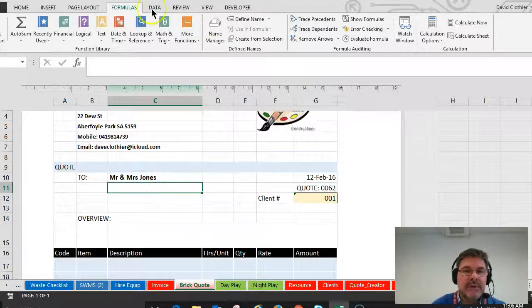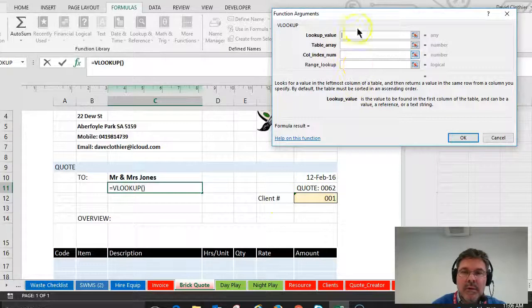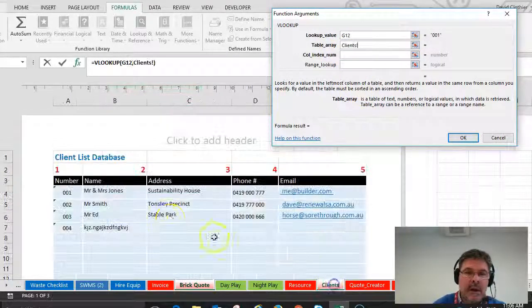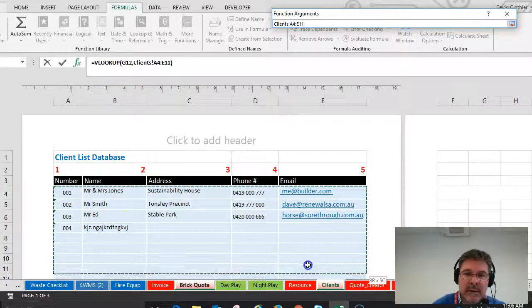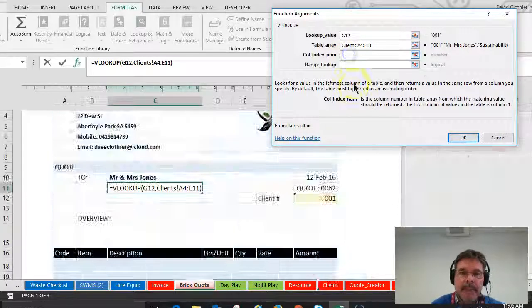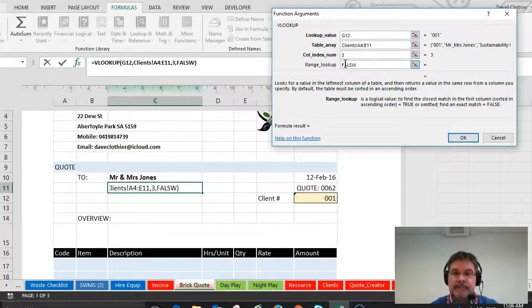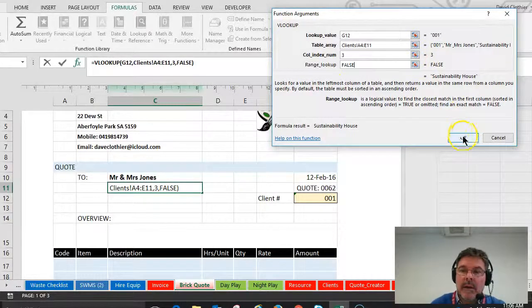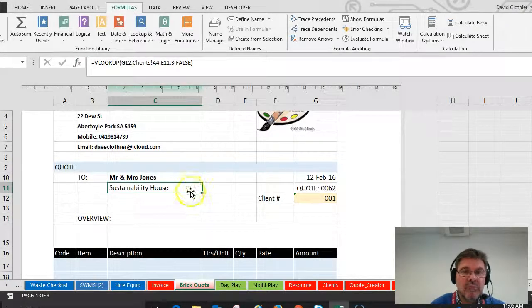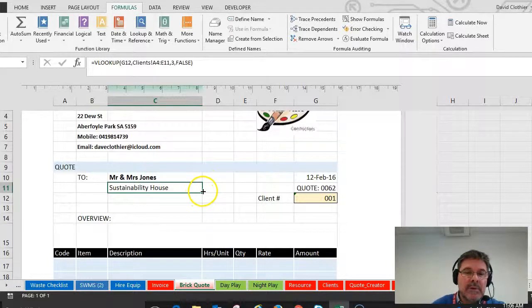And we simply do the same thing again each time for vertical lookup. We're going to again use this one. We want our table, so we go to clients, we go over to here like this, and this time we want their address, so we want column 3, and we type in here FALSE. Okay, and so on like that. Okay, we possibly can drag it down like this, and